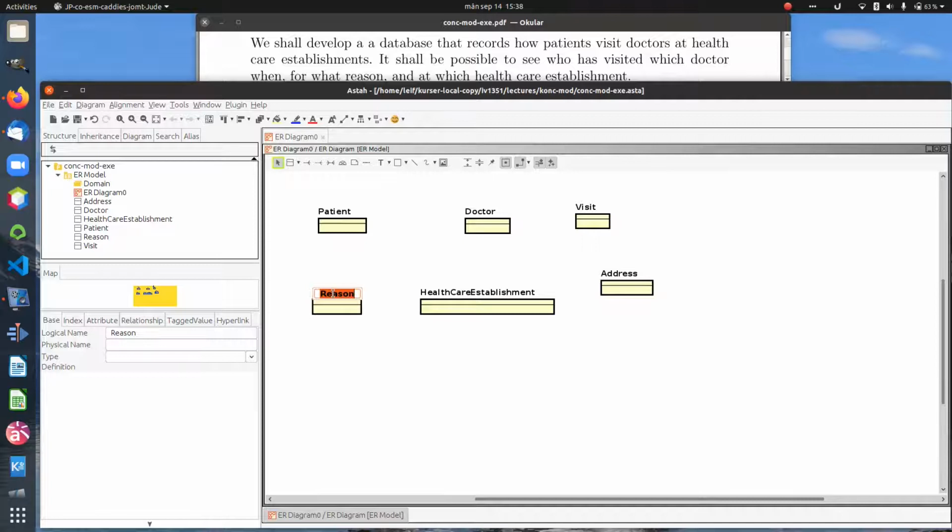Naming things is very important, and very much time can be spent on coming up with good illustrative names. And it's better done, everything is better done under discussion. I'm 100% sure this model would have been better if we had discussed it during a lecture than instead of me doing it alone. So reason for visit, purpose of visit,